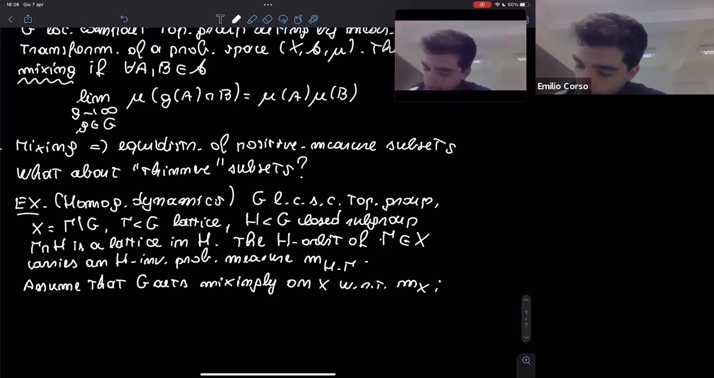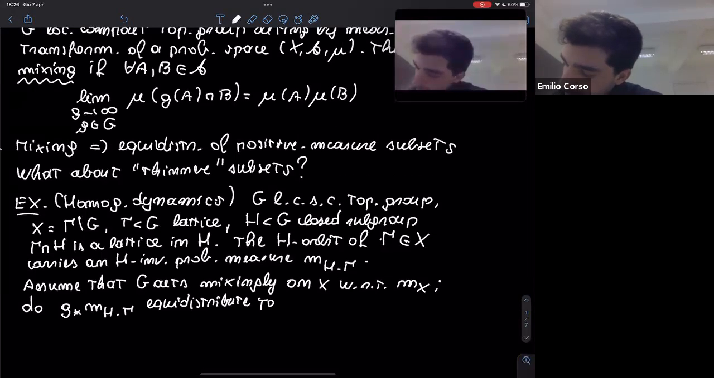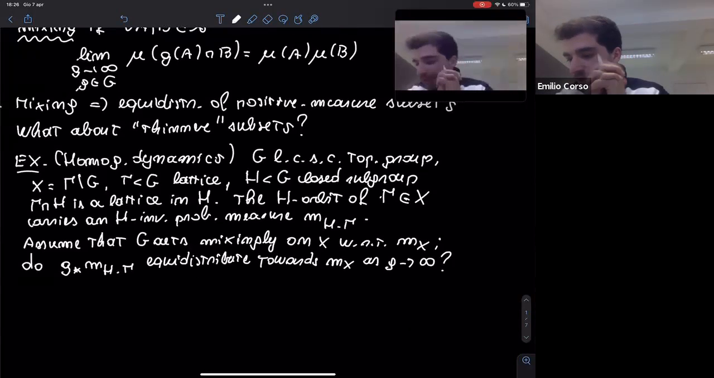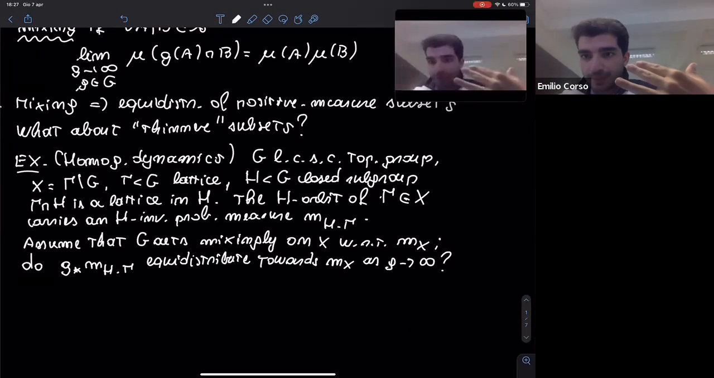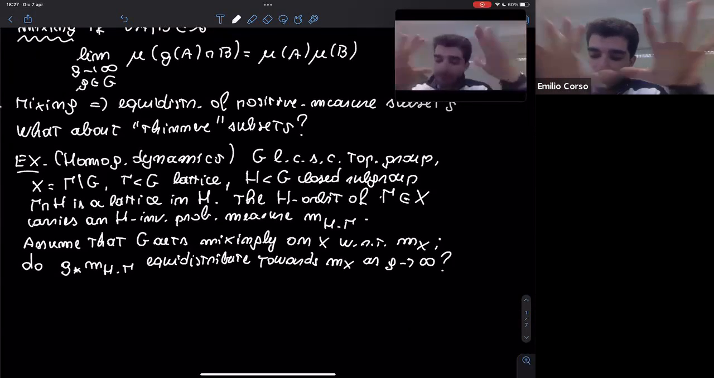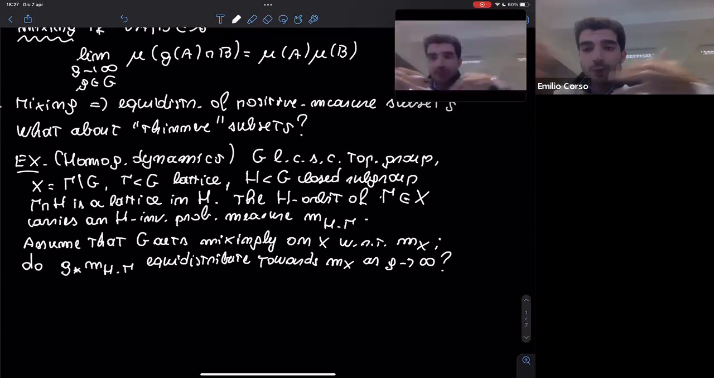And the question is, do the push forwards by g of my measure sitting on the lower dimensional orbit equidistribute towards m_X as g goes to infinity in my group? So that's the question. You should think about these measures as uniform measures sitting on lower dimensional submanifolds of my space X. And what we are really asking here is, how does this submanifold evolve under the dynamics given by the G action as the element of g goes to infinity? Does it remain for some reason confined in some region of the space, or does it sit ever more uniformly as the dynamics